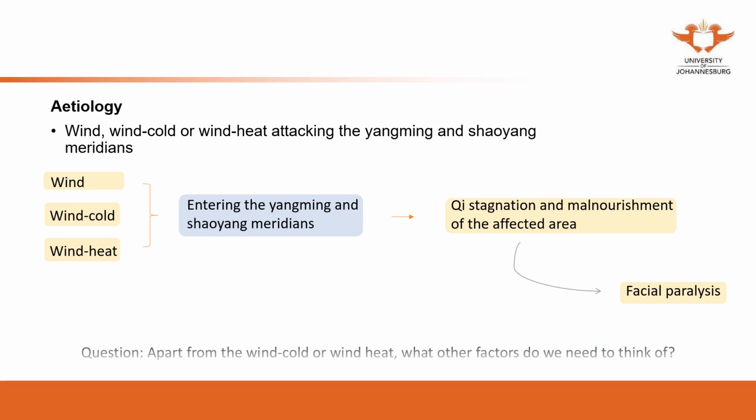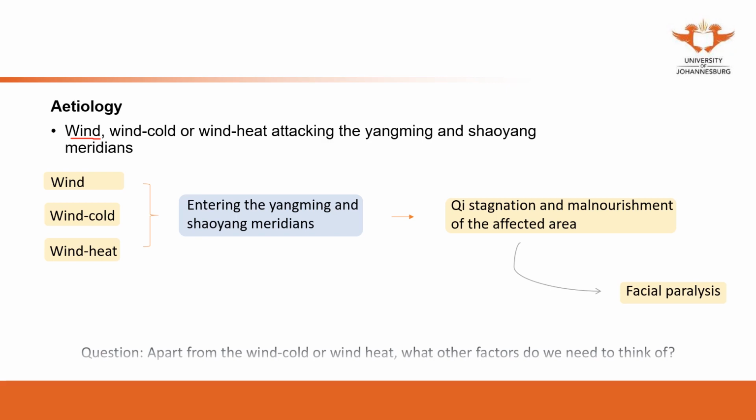Deviation is something moving, which is related to wind. Also, many patients will have a history of wind exposure. So when you ask the patient how it happened, or what they were doing before the disease onset,